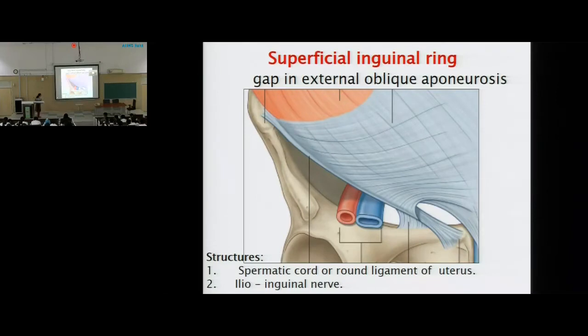Very good. इसके साथ we have talked of this ilioinguinal nerve. Ilioinguinal nerve again कहाँ से आ रही है? Posterior abdominal wall से आ रही है, जहाँ पे lumbar plexus is present. Yes. And from that lumbar plexus, L1 segment से one nerve is coming, and that is the ilioinguinal nerve that is going to traverse पूरा inguinal canal. We'll discuss inguinal canal, but that is going to come out through the superficial inguinal ring. Okay. So if I ask you superficial inguinal ring, which two structures pass, you have to tell this.